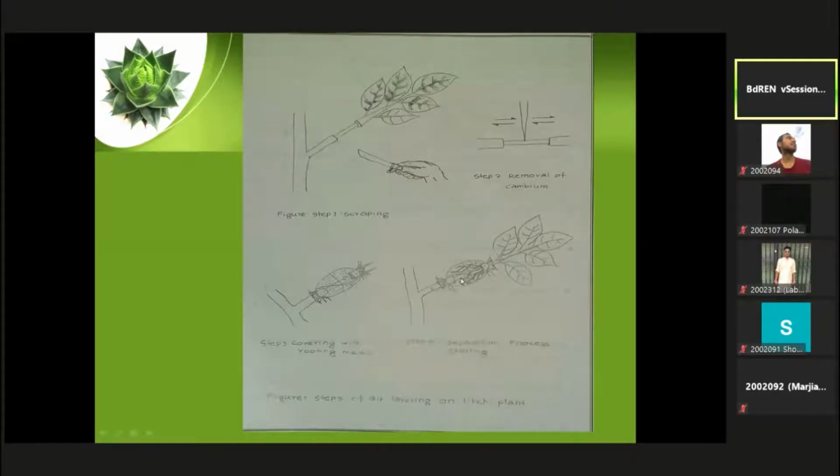So after the root production, taking 2 to 3 stages, we will remove this branch, and it will be a layer then. And then after removing the branch, we will transfer it,